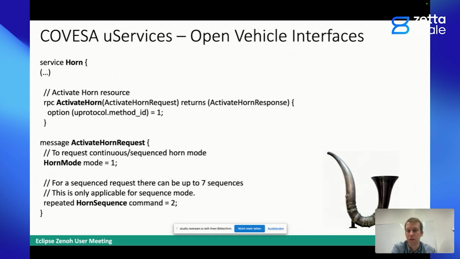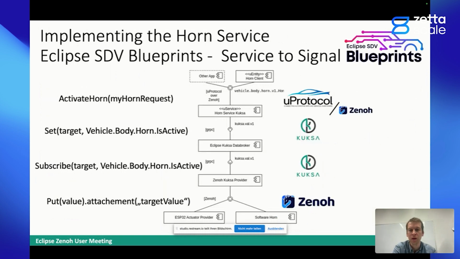And this is a bit easier in the abstraction, because instead of setting the VSS signals every time for the specific sequence, you simply write the sequence and then the service is responsible for applying it. And this is exactly what the blueprint is about. So we came up with a new service to signal blueprint, which is now part of the Eclipse SDV Blueprints